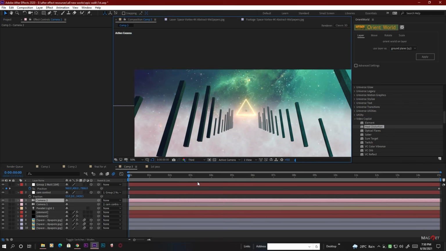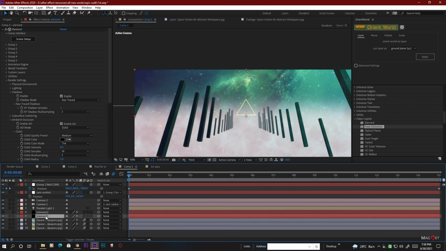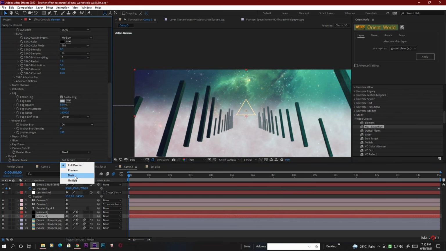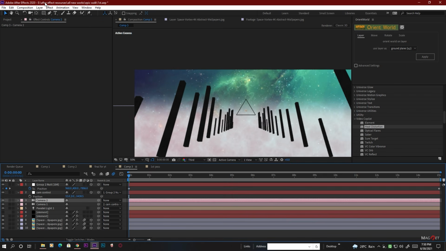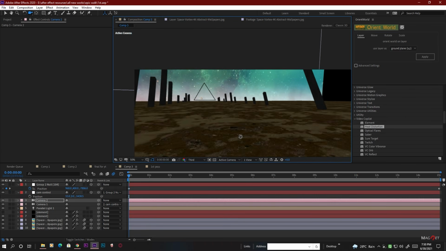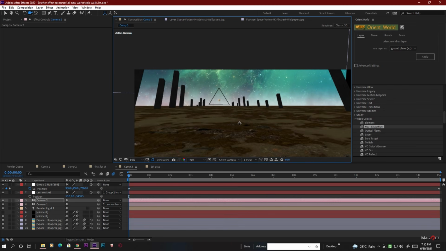So first we change the resolution to third and uncheck the glow layer here and go to the element layer and change this resolution mode to draft and select the camera tool here, and maybe we place our camera here a little bit